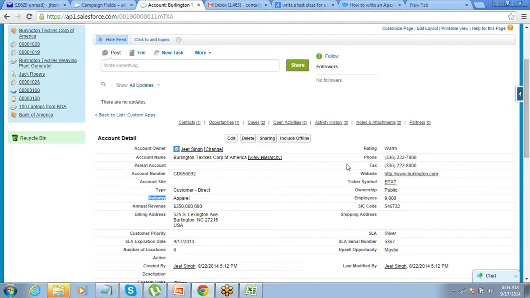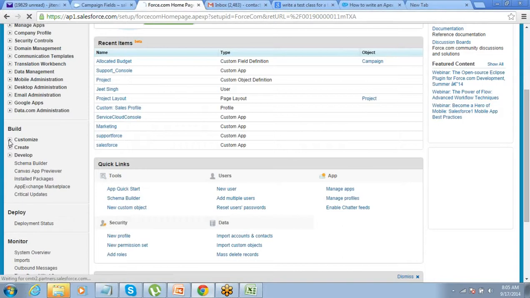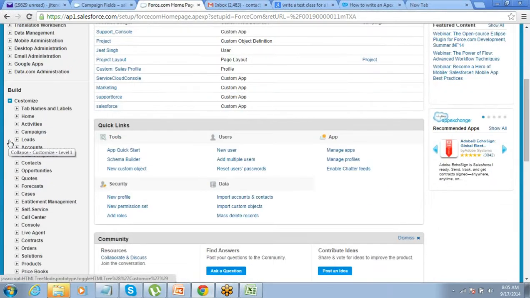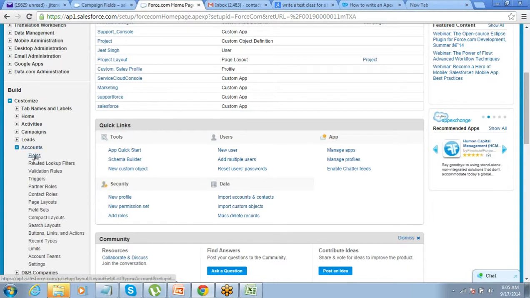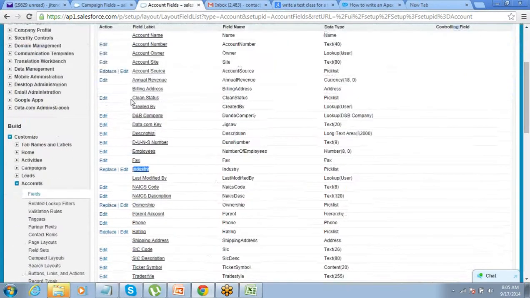For a developer, it's always important to understand, because I have seen situations where people have created a custom field, and the name of the custom field is very similar to one of the standard fields. As of now, you do not know what all standard fields are there. So the way to understand that is the same way. Go to setup and then go to customize. For accounts, where will we go to check it? In the accounts, and then go to fields and see where the industry field is. Okay, here it is, listed under standard fields, which means yes, it's a standard field.